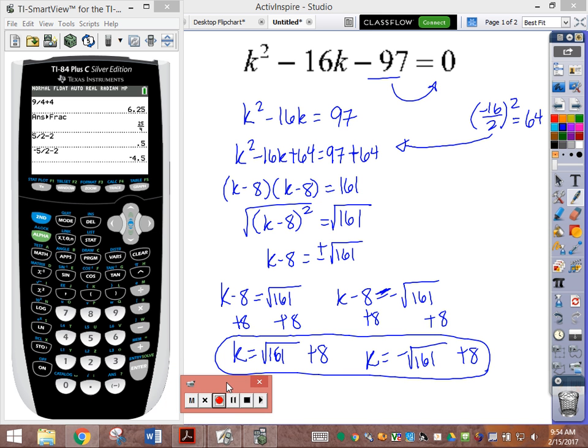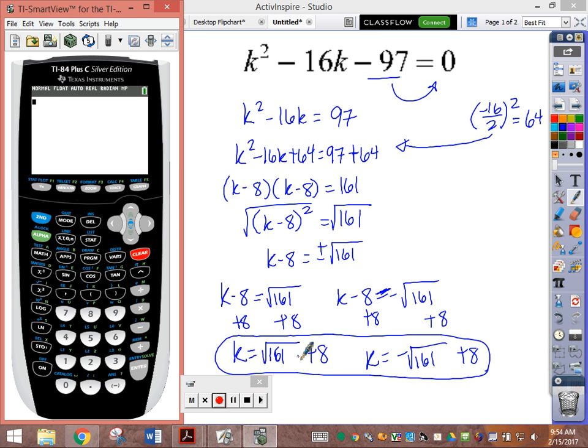It is worth it, especially on a poster quiz, because a lot of times if there's an error, it's really easy to spot if you just go back and look for it. So I'm going to plug this first solution, square root of 161 plus 8, into my original equation. Always check your original, because if you made a mistake somewhere along the way and you plug into one of those other equations, you might not realize you made a mistake. So k squared would be the square root of 161 plus 8 squared